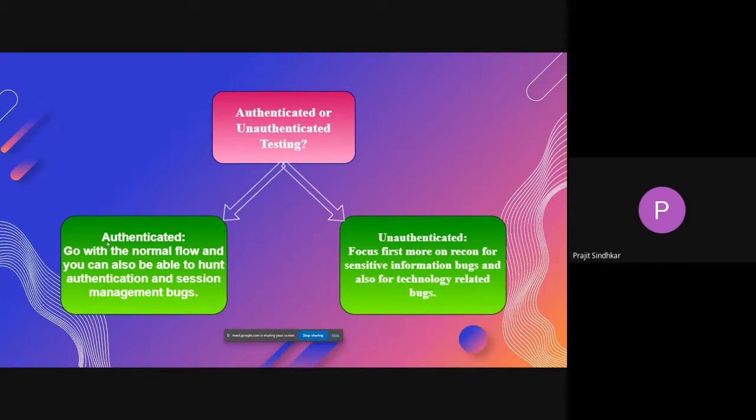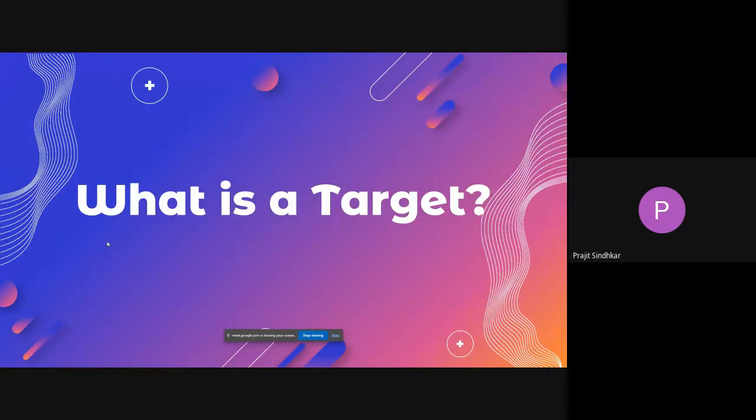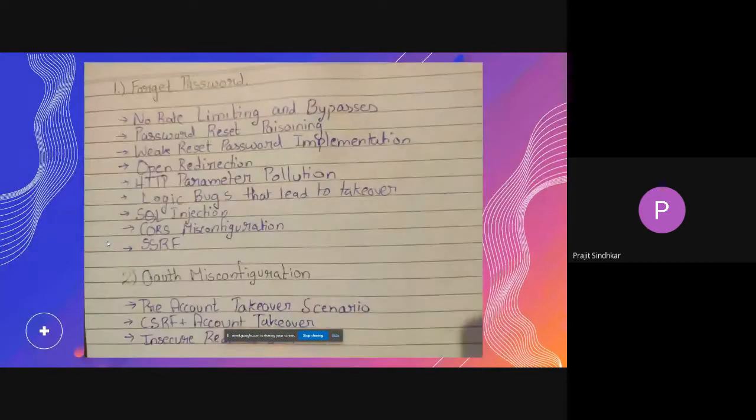So these are all the things you have to focus on. If your authentication bugs are not there, you don't have to stop there. I have seen a tendency in people many times, they just stop if there is no login page or sign up page, or don't hunt on targets like that. One of my students got a private invite with only unauthenticated testing, and he asked me how he is supposed to hunt on this program. There is no login page, but there is more to the bugs that you can find on a website other than authentication and session management bugs. Remember that people generally forget this because those are the common ones. So these things we have discussed.